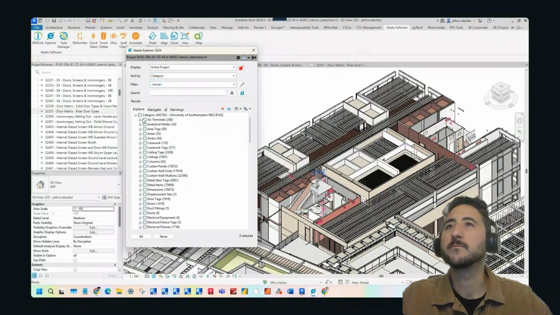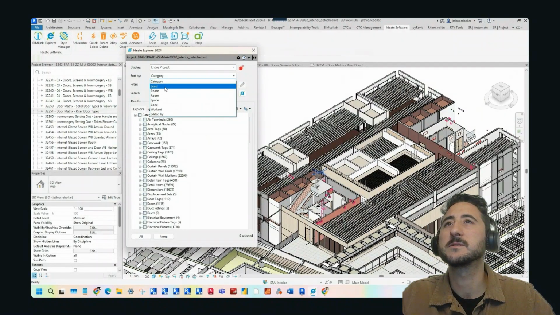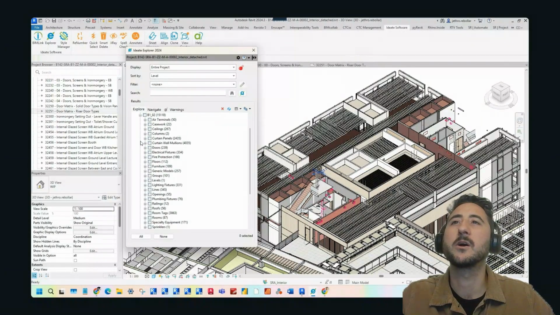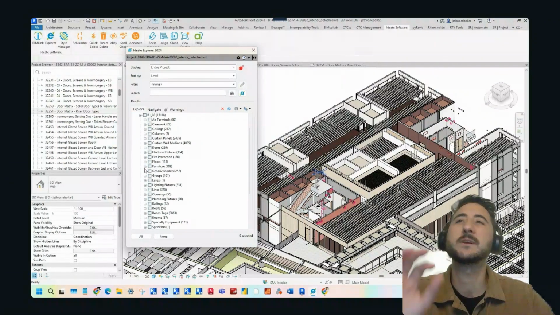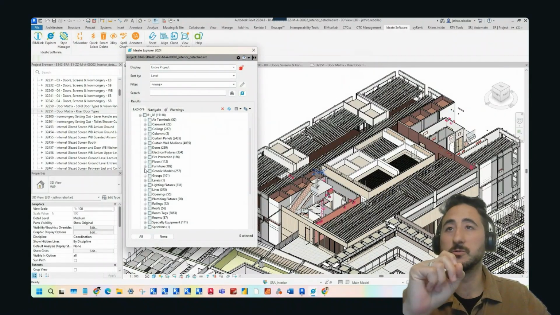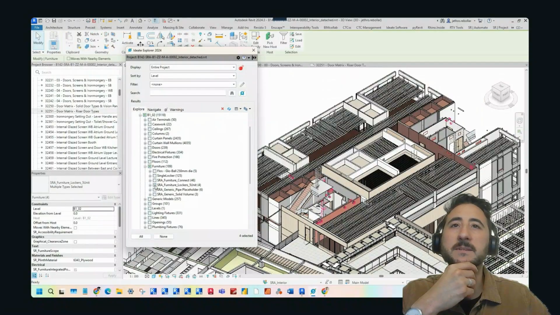But let's say, actually here, I'm going to go back to levels, and let's say I want to take a look only at the furniture on level 2 right here, as I can see in my Explorer window. And let's say I just need to take a look at the furniture lockers, just as an example. These 4 elements are selected within the model,